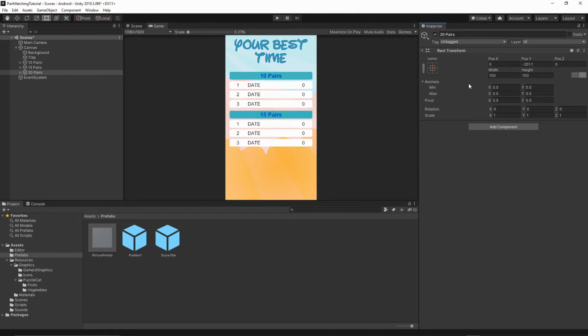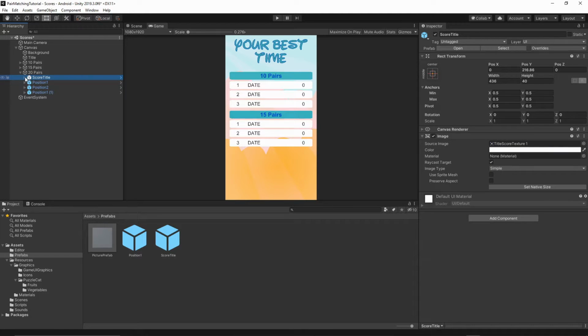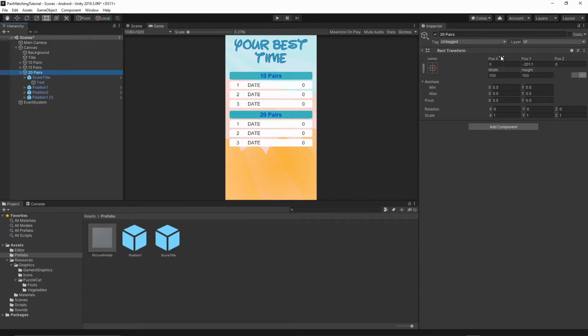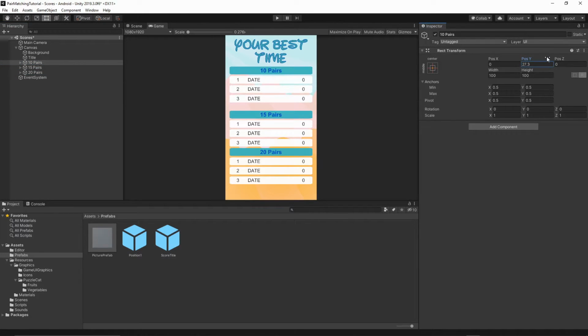I hope I'm not doing it too quickly and you can follow along. And then let's click on our score title text, and I will change this name to be 20. Okay, and then we need to select the 20 pairs and move the Y position down. Okay, over here. I think this looks good. I think we can even move everything a bit up. So let's do that. 10 pairs will be a bit higher, 15 pairs as well, and then 20 pairs